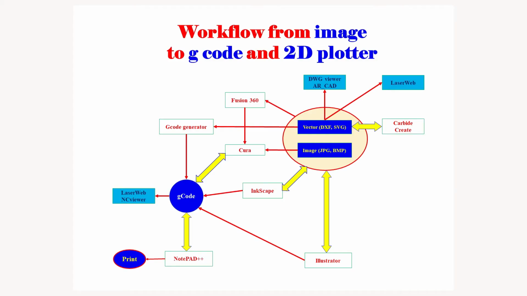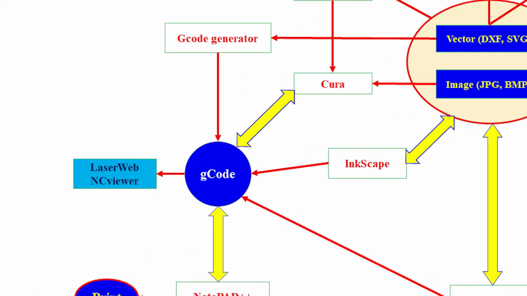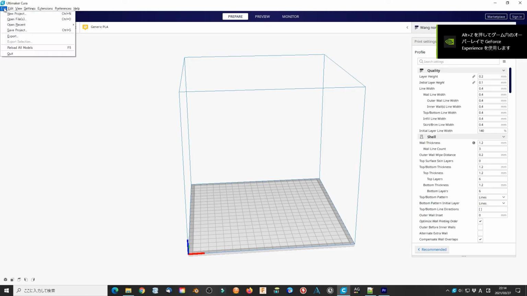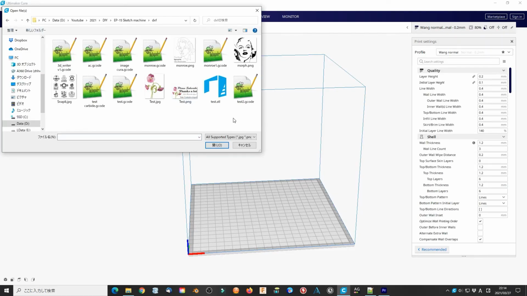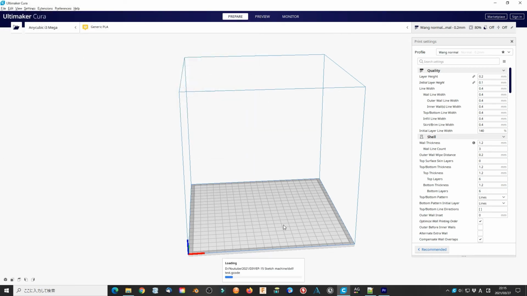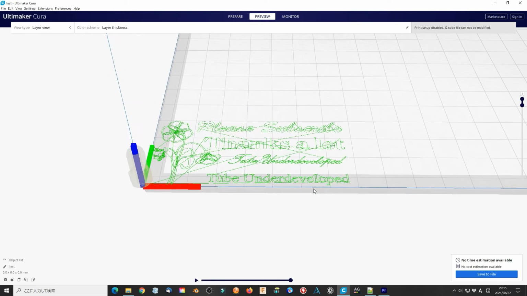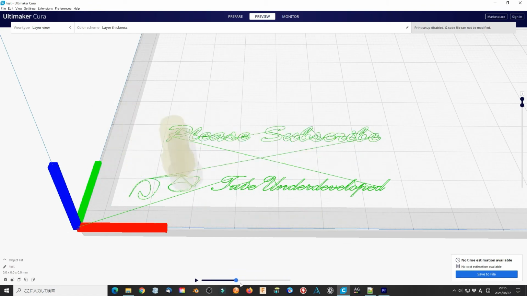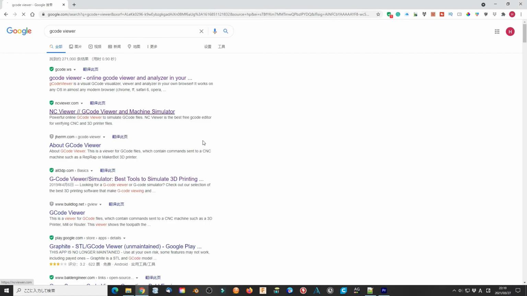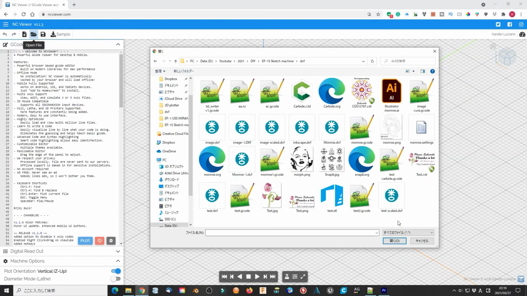Now, we go to another stage. We want to check if the output G-code file is OK. A G-code file usually cannot be modified by normal software. We can use Cooler to check the G-code file now. NCView is a good internet-based G-code check software.